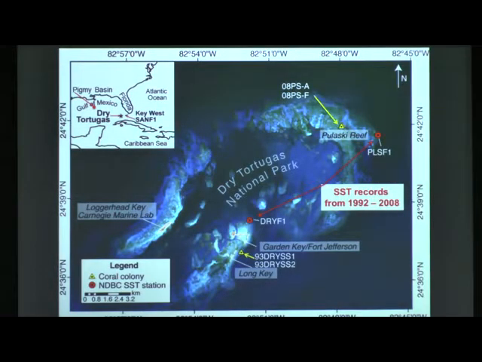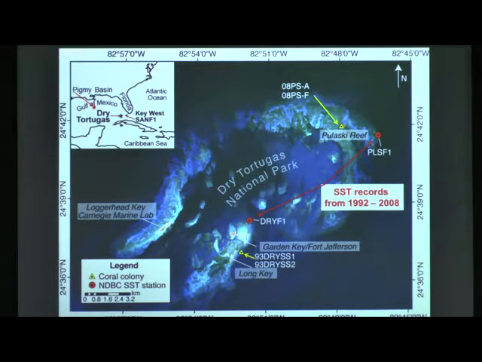Okay, so this is Dry Tortugas, my study site. So we're here in the Gulf of Mexico. Dry Tortugas is 100 kilometers west of Key West. Up here in the northern part of the Gulf of Mexico is Pygmy Basin, where Julie's record is located. Then I've also put Key West here just for reference.